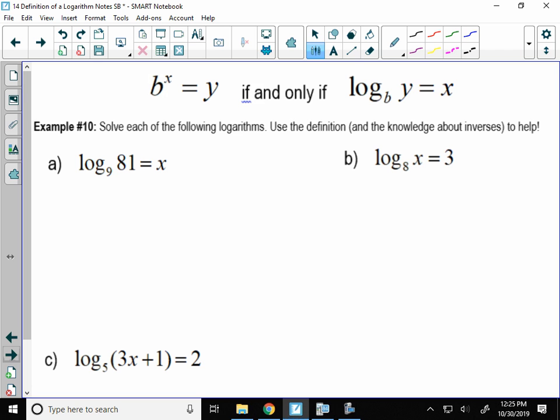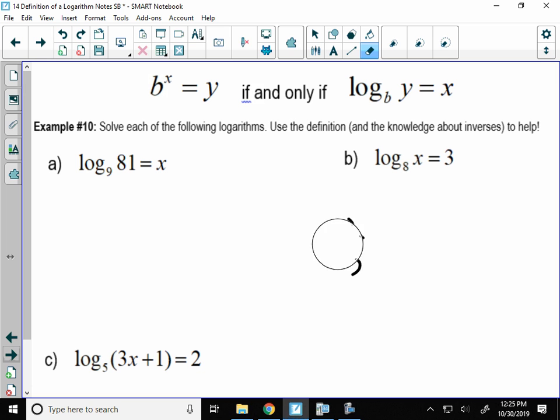Now before we do that, let me ask you, this is not your paper, you don't have to write this down. Let me ask you a question. If I have something like this, x minus 5 equals 12. How do you solve this? You would add 5, right? Now, why would you add 5 here? Why don't you do something else? Why didn't you do divided by or square root or something? Because it's the opposite, right? You have to do the opposite or the inverse operation to move the 5.